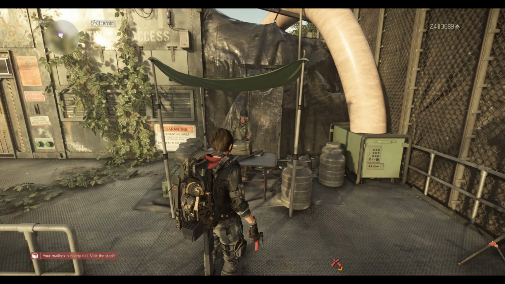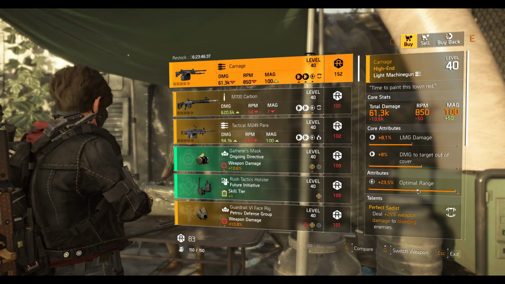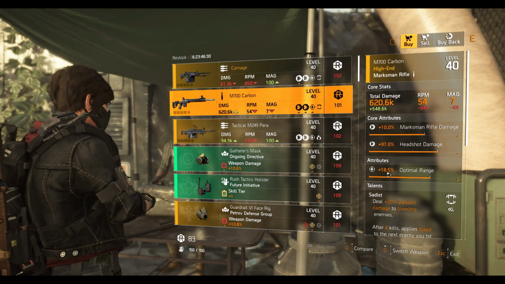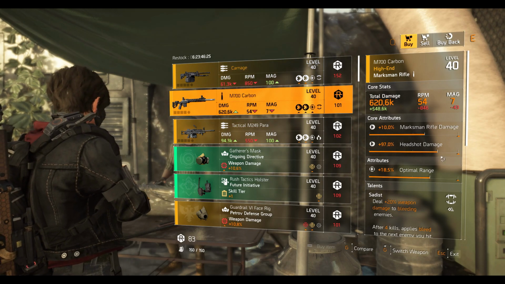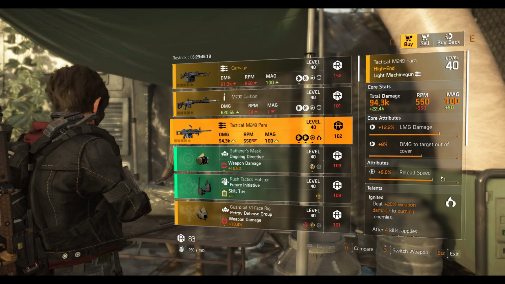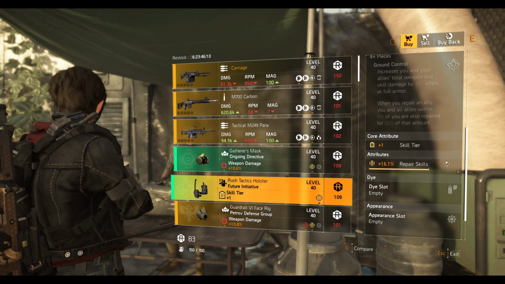Alrighty guys, we're here at Dark Zone East vendor, so let's take a look. We got a Carnage LMG with perfect Sadist talent, 23.5% optimal range, 8% of damage to target out of cover, 8.1% of LMG damage, M700 Carbon Marksman Rifle with Sadist talent, 18.5 optimal range, 97% headshot damage, 10% Marksman Rifle damage, the Tactical 249 Para LMG with Ignited talent, 9% of reload speed, 8% damage to target out of cover, 12.2% LMG damage, ongoing Directive Mask with 10.6% of weapon damage, 7.2% of skill damage, a Future Initiative holster with